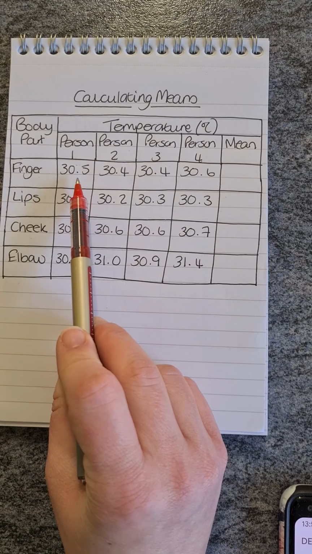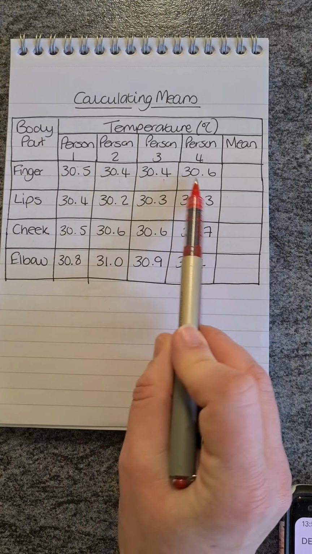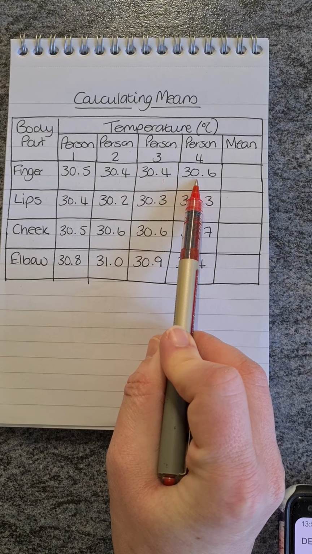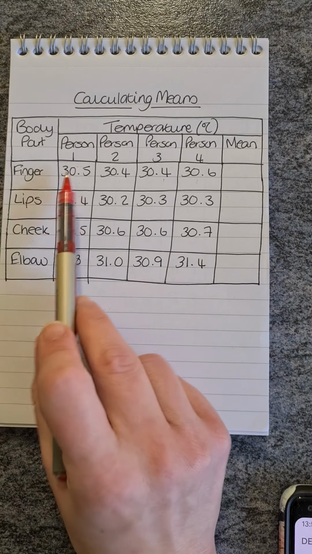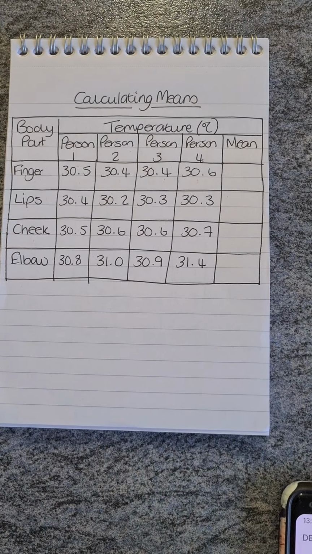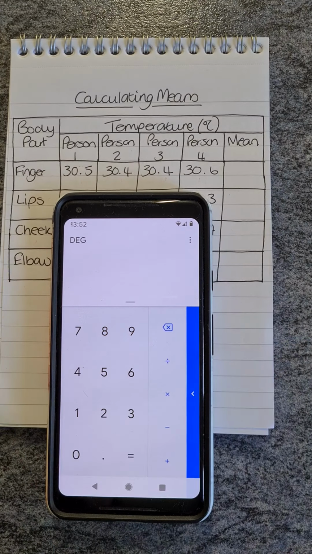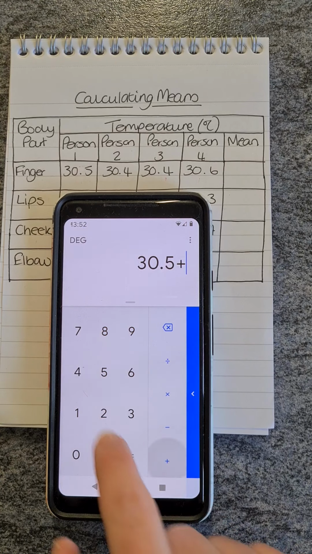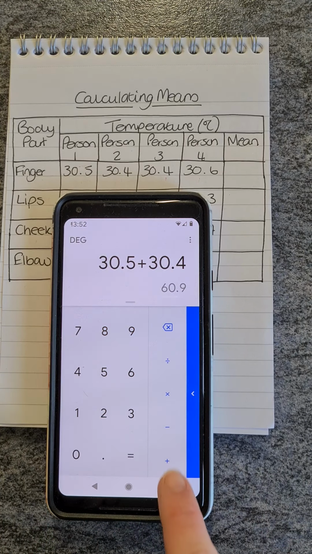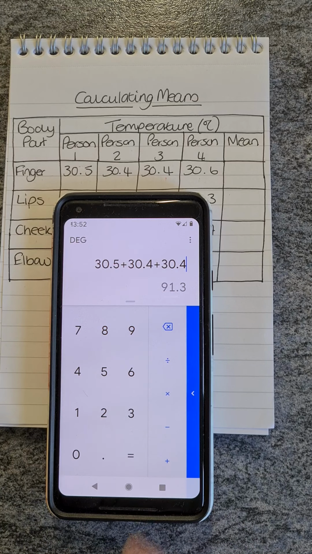So for this, we need to add up the values that we've got for the finger, and then we divide by the number of values we've added together. In this case, it would be 4. So with your calculator, we type in 30.5, add 30.4, add 30.4, add 30.6. They're all our raw values for our 4 people. It's really important to press equals. So the total there is